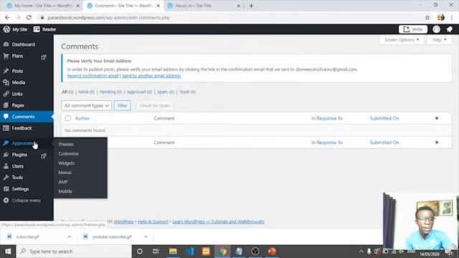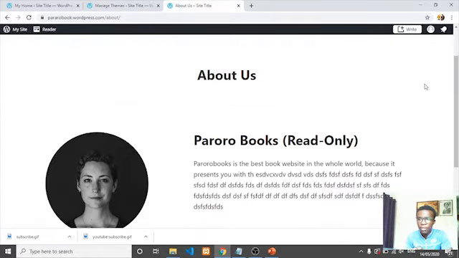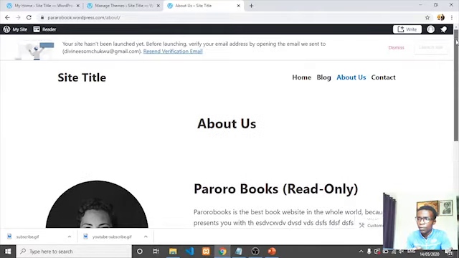So this is appearance. This is where we want to base right now, to see how we can customize our website, and change the theme if we don't like it. So under appearance, the first thing I want us to look at is the theme. WordPress is actually built in structures we call themes. So if you don't like this theme, you know what I mean by theme. That is actually a defined